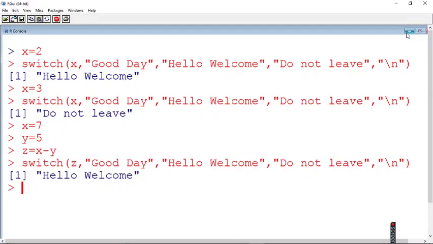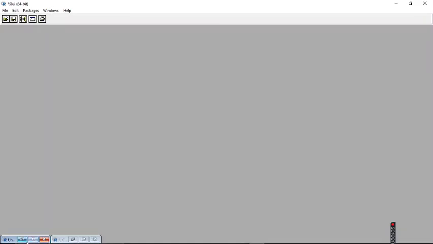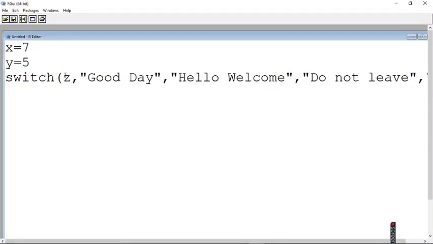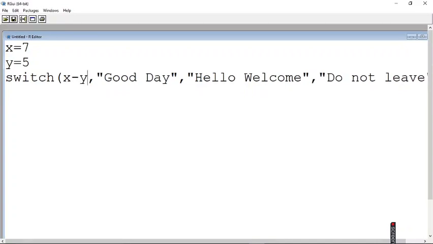If you are not interested in giving the expression separately, so what we have done here, we had given z is equal to x minus y. Again we are giving z here and trying out for the value. If you want to directly give the statement here, yes, very well, that is also possible. You can directly give x minus y here.